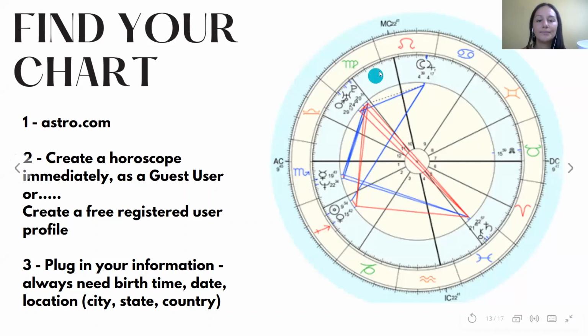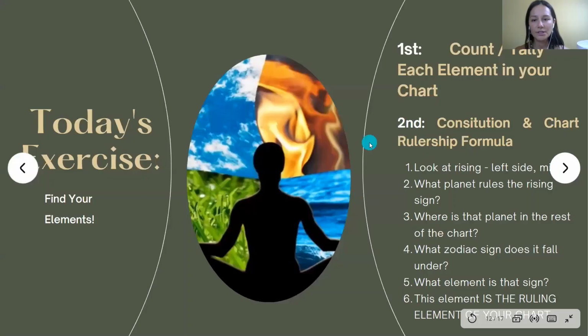This is a fun formula that you can use at any time with any chart to find the constitution. And I just love this because it's encoded in the chart. You don't have to take someone's pulse. You don't have to know the person at all. You can just say, where are the planets? Although it's wonderful because Ayurveda is the longest health exploration in history. Well, it might be the same as astrology, but it's 5,000 years old, and they take pulses and do other checks to find your constitution. But this is a fun way for astrologers.